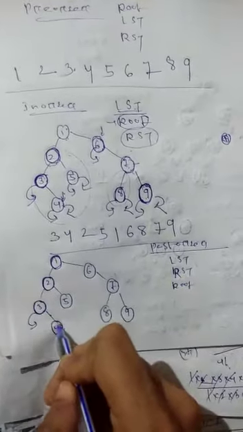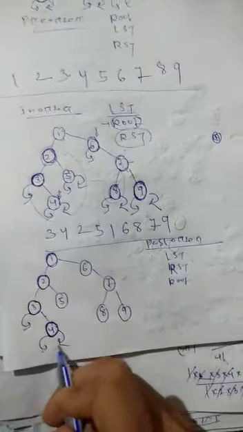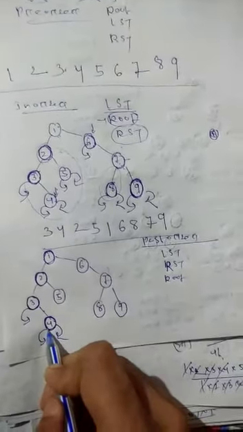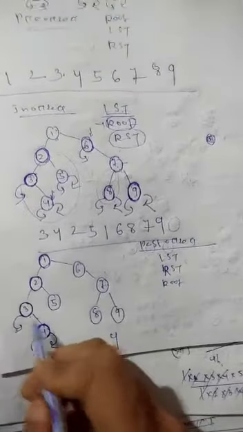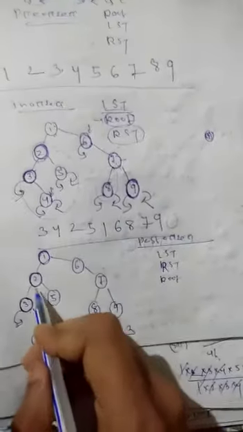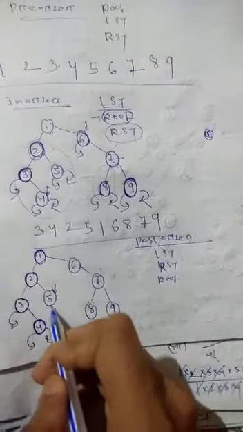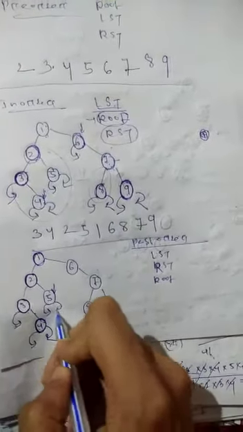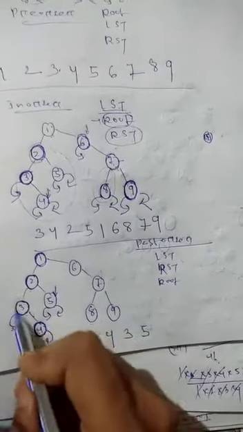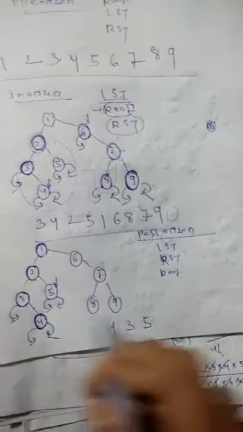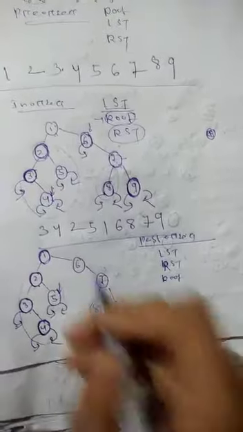Here 4, first you have to visit the left subtree, return this, then the right subtree. Then the left subtree is completed, the right subtree is completed, then you have to print this, then 4 will be printed first. Then for 3, the left subtree is completed, the right subtree is completed, then print it, 3 will be printed. Then for 2, the left subtree is completed, then go to the right subtree here. Okay, so 5, no left subtree, no right subtree, then print it. Okay, 4, 3, 5. So for 2, the left subtree is completed, the right subtree is completed, then print it. 2.